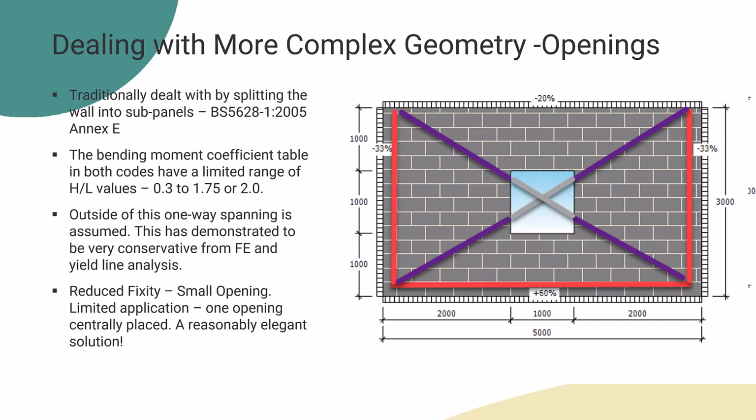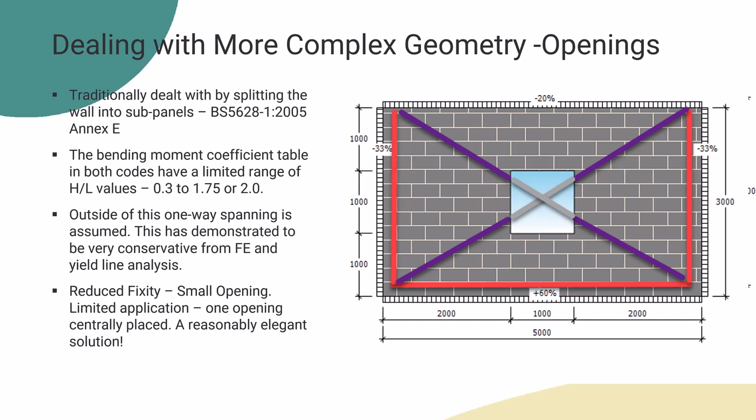And this method, I think, is a very elegant solution to a complex problem, because it does have its limitations in that the opening can't be too large, and it also must be centrally placed, because effectively what it's doing in a roundabout way is, this was previously 100% fixed, and then we have a length of opening here which is 1 meter over 5 meters, so that's something like 20%, and now we're seeing a reduction, and this is 1 meter over 3 meters, so we're seeing a reduction in the effective restraint on these conditions at these edges,